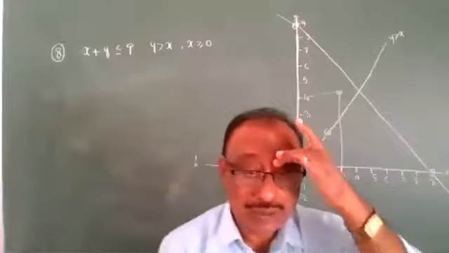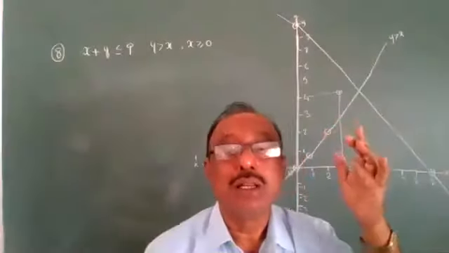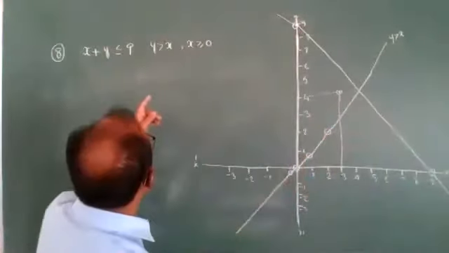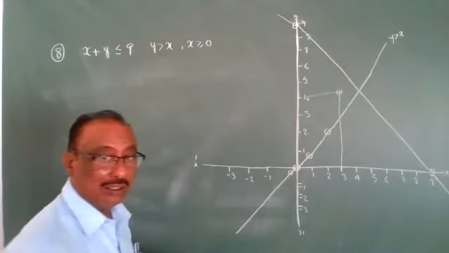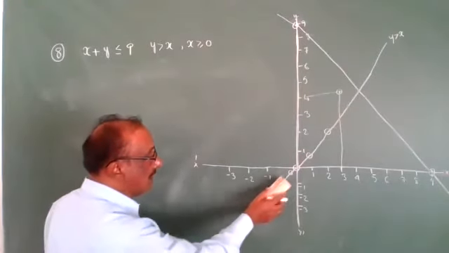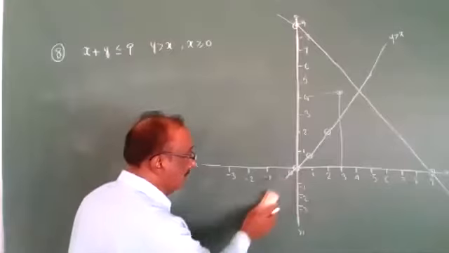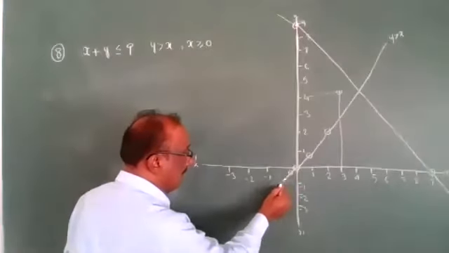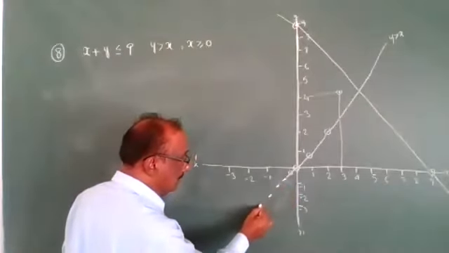The second line should be dotted, sir. What about the second line? Not dotted, sorry. Not dotted. Second line is not dotted. Very good. Thank you for recollecting the point. Very nice.